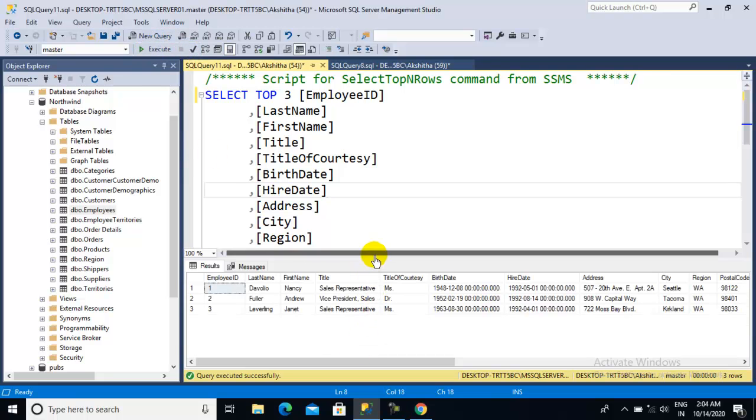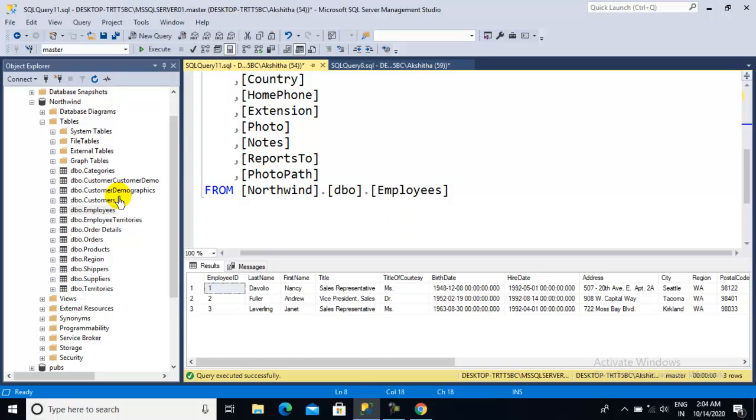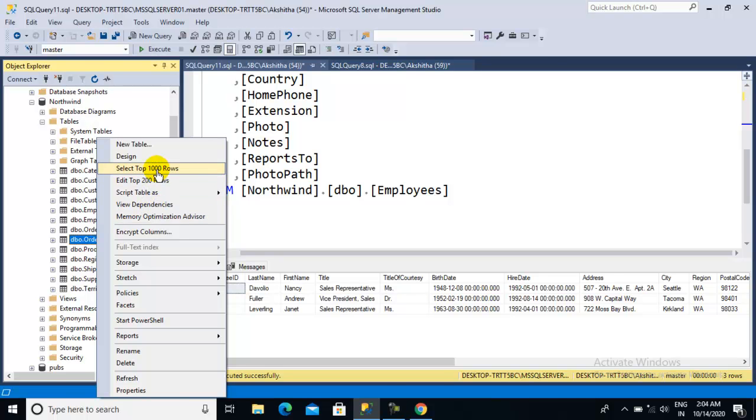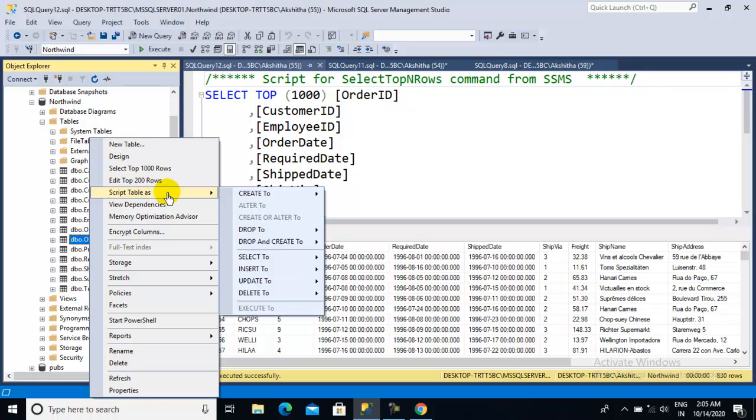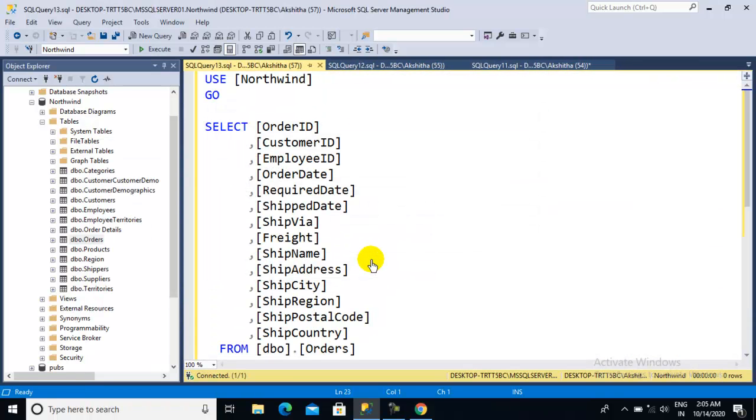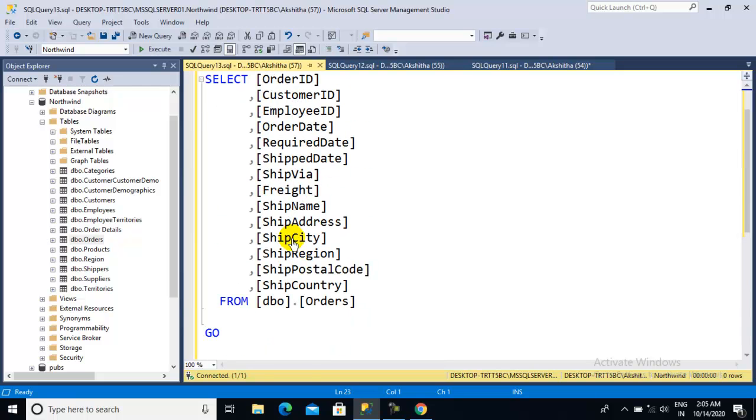Okay, this is one way you can write the queries, like select star from, and here for the table also, select top 100 it will write. Under select tables there will be a select command and you can write it to the clipboard. Clipboard means it won't print out, but you can copy and paste it anywhere, in one file or in a query editor. See, it is taking the Northwind database and dbo.Orders. Okay, these are the queries.